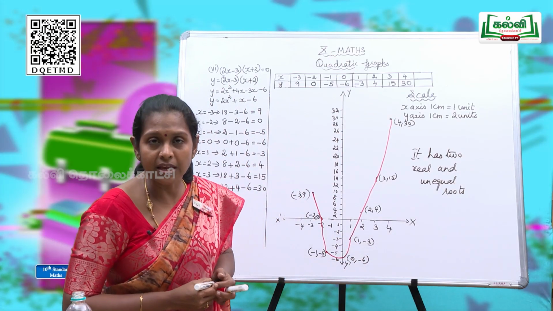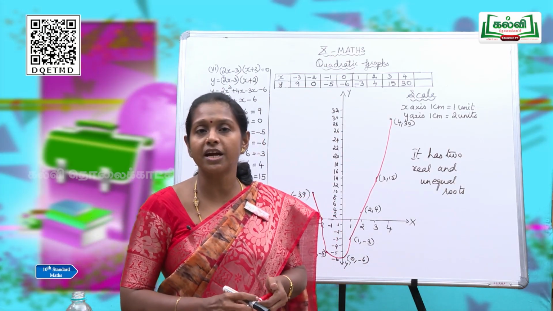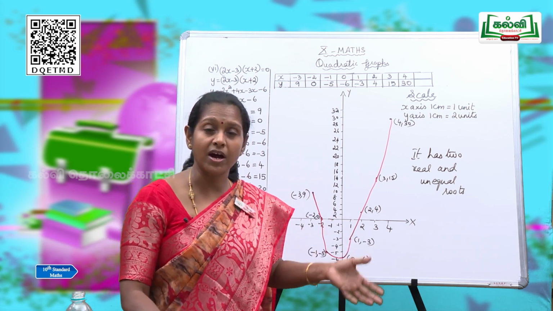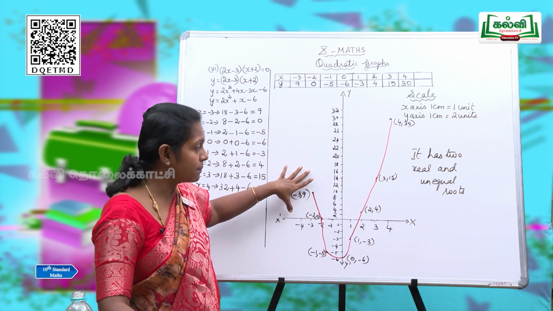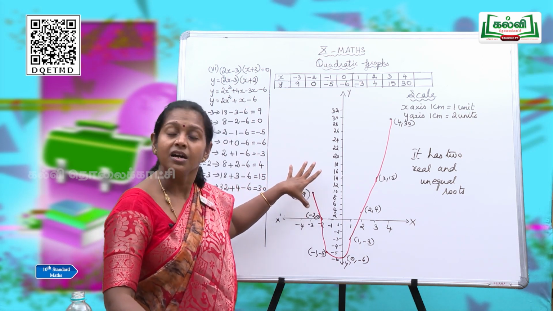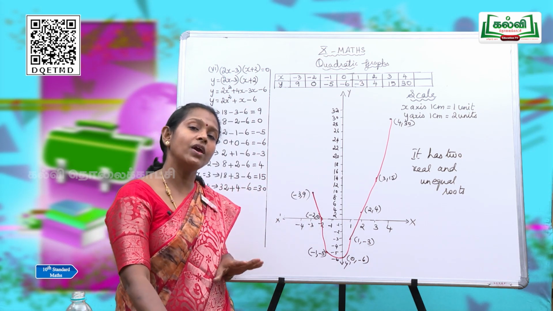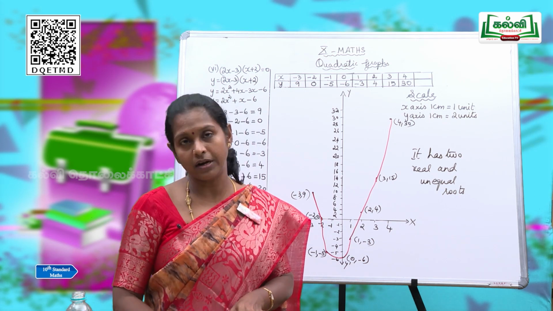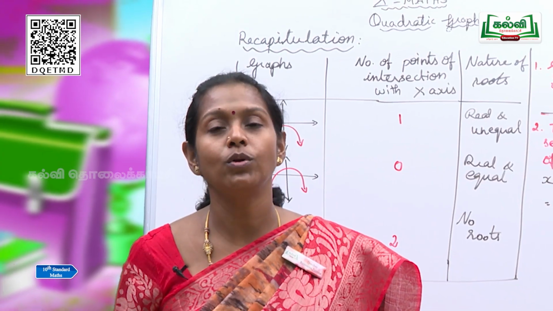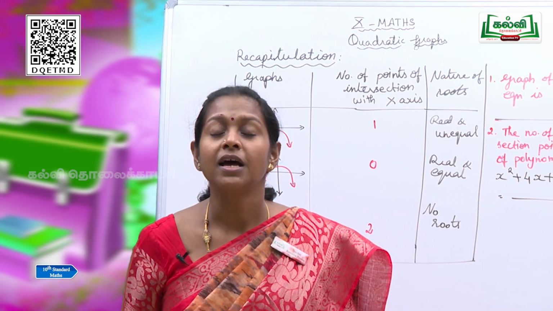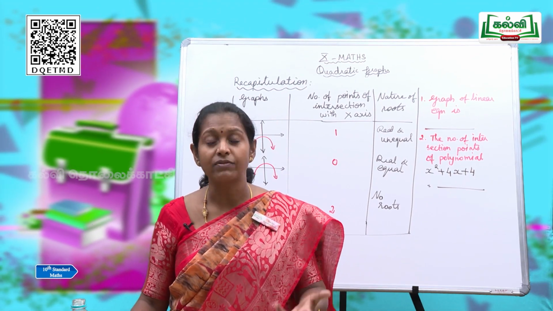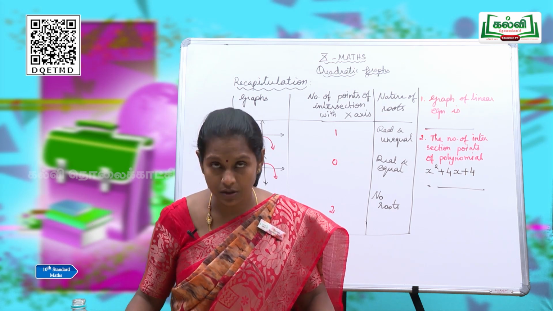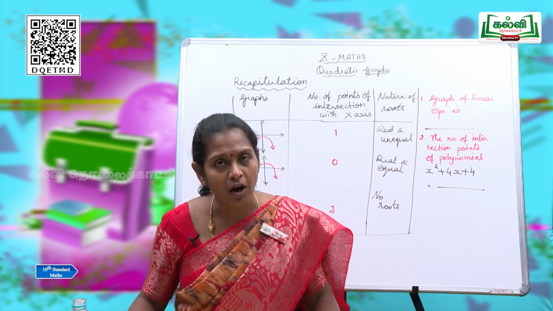Yes. So it's very easy, children. When you draw your understanding, you find the solution without any factorization, without any calculation. You just see the picture and you have the correct solution. So this is the way you have to approach quadratic graphs. You know how to plot all those points, and when you see the picture, you will understand what kind of graph it is and what the nature of its roots is. Very clear. Shall we check now?